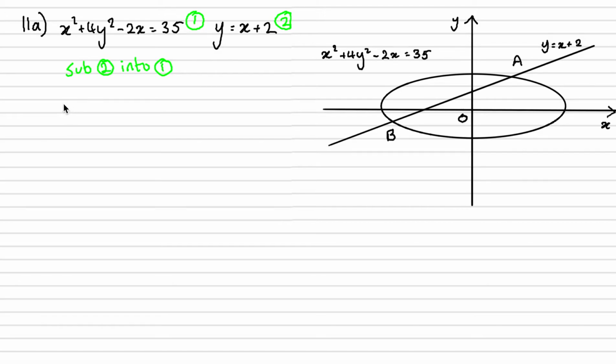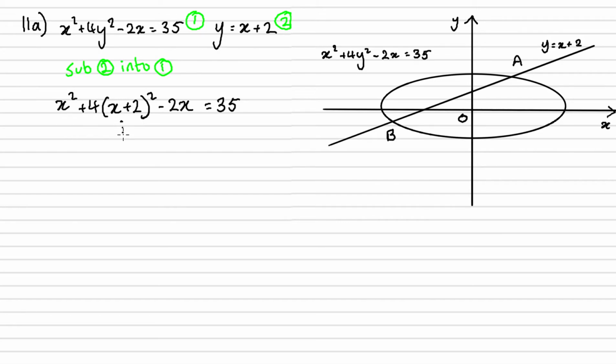So I have x squared plus 4y squared, but I know that y is x plus 2 because I'm substituting equation 2 into equation 1. So 4 times (x plus 2), and it's being squared, minus 2x equals 35. Okay, so now all I need to do is expand out this bracket, collect like terms,